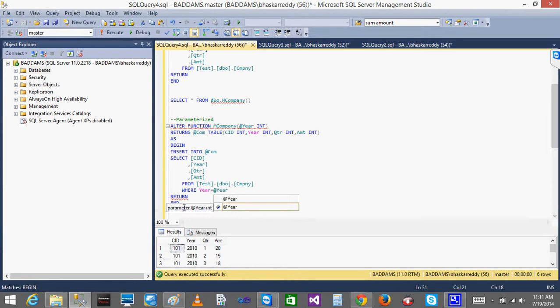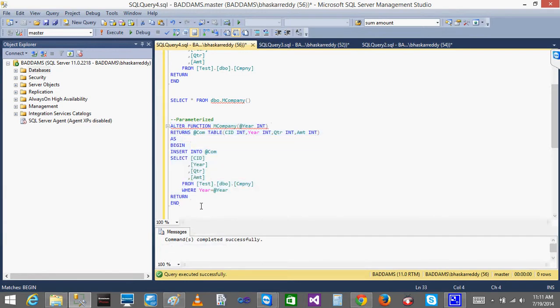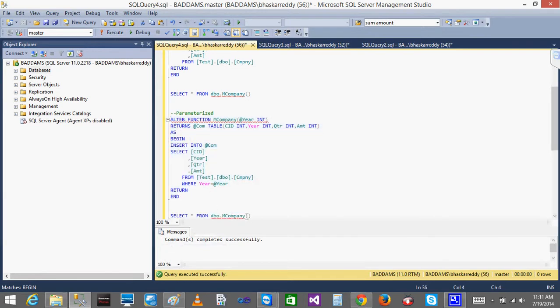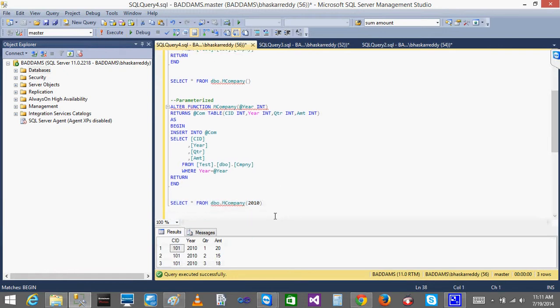That's it, done. I will execute the function. Now I will call the function, but in the select list I need to pass the year also. If I give 2011, I will get the data for 2011.